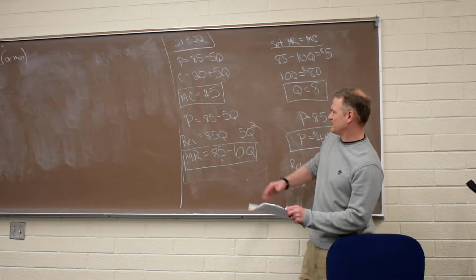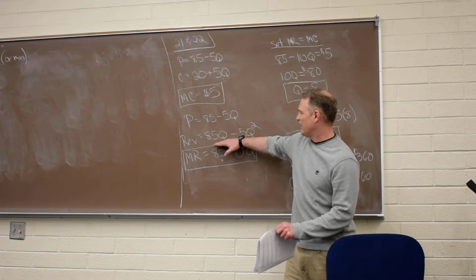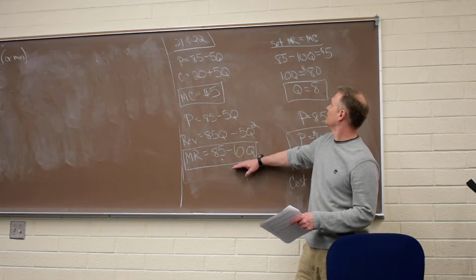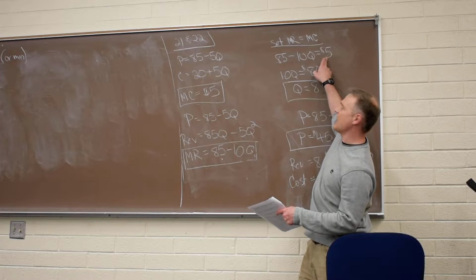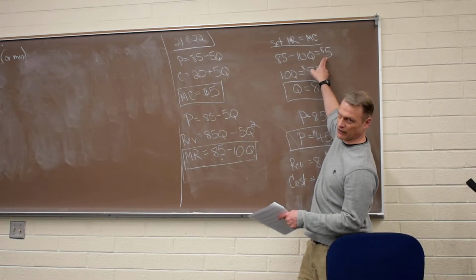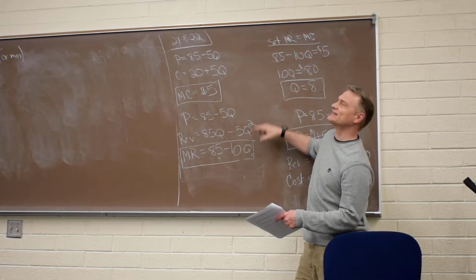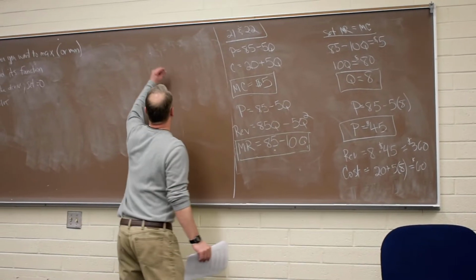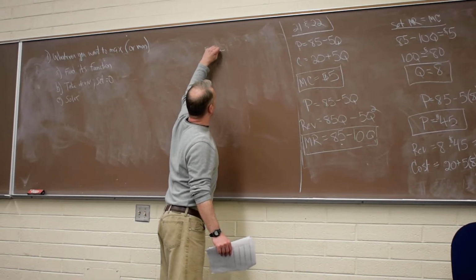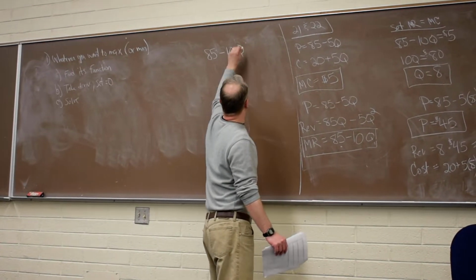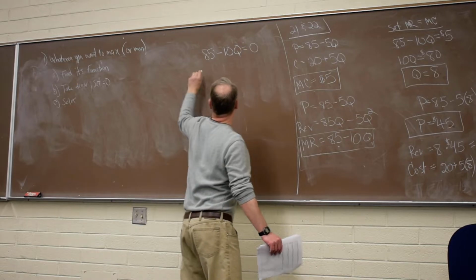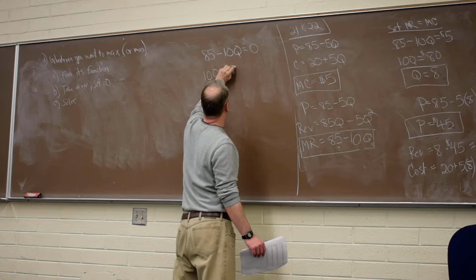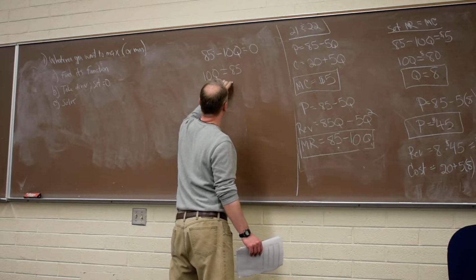The revenue maximizing output is we're going to take the derivative of the revenue function, so this 85 minus 10q, and instead of setting it equal to cost, we set it equal to 0, which is the same thing as setting marginal cost equal to 0. Okay, so 85 minus 10q equal to 0. So now I'm going to get that 10q is equal to 85. So q is equal to 8.5, whatever that